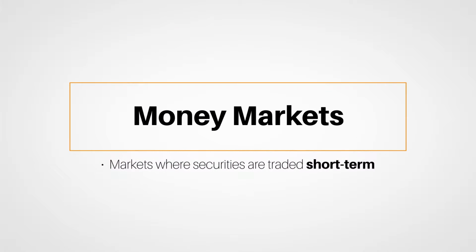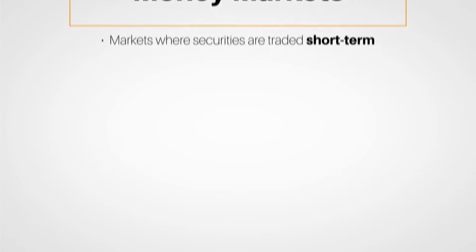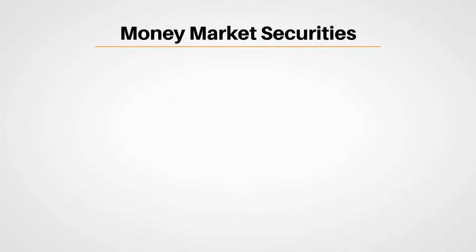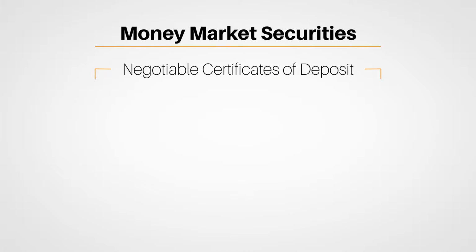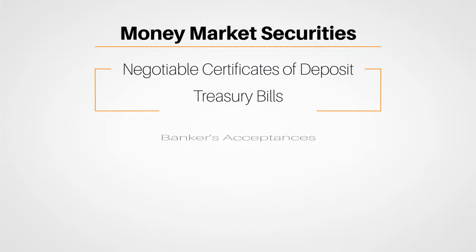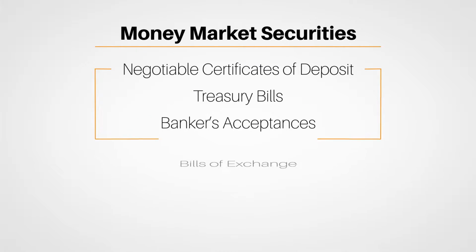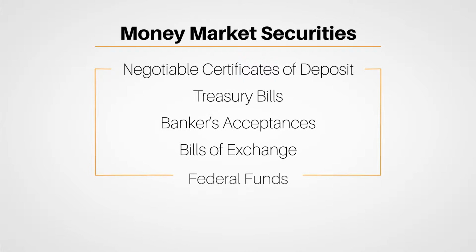Money markets trade in short-term securities. In this case, short-term means the majority of the securities traded have a lifetime of less than a year. In fact, assets traded in money markets can mature in periods as short as 1 day. Securities traded through money markets can include negotiable certificates of deposit, Treasury bills, bankers' acceptances, bills of exchange, federal funds,